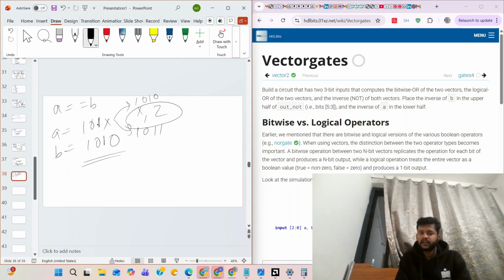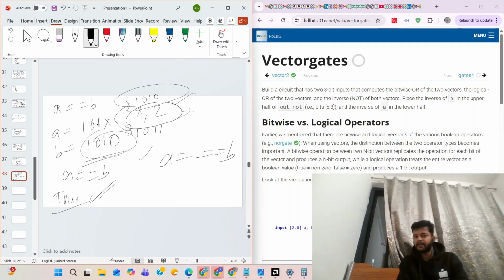So if we use this operator, it will give true, meaning yes, they are equal, because it will match this case. But if we use this operator, it won't treat them as random values. It will consider them. It will match don't care and high impedance state also.